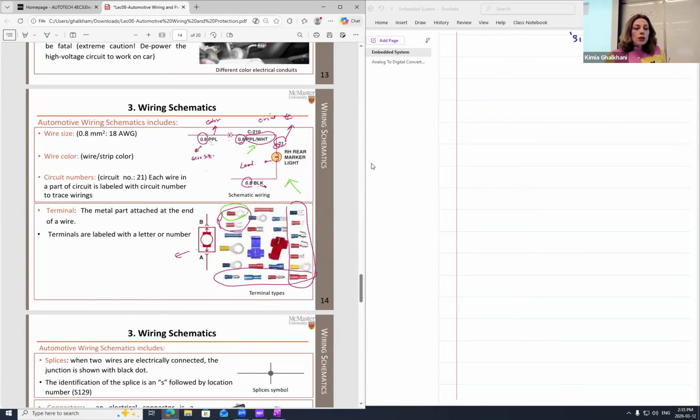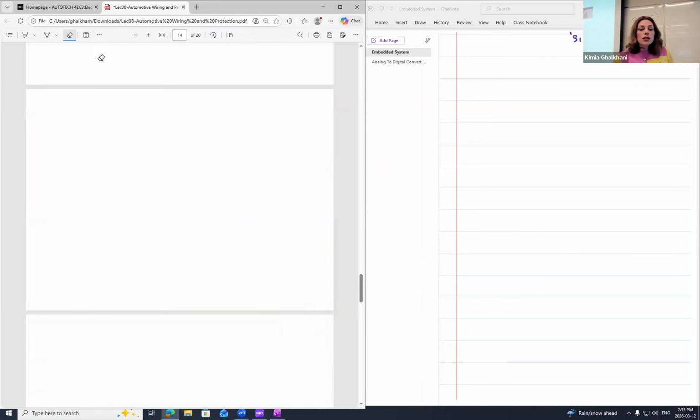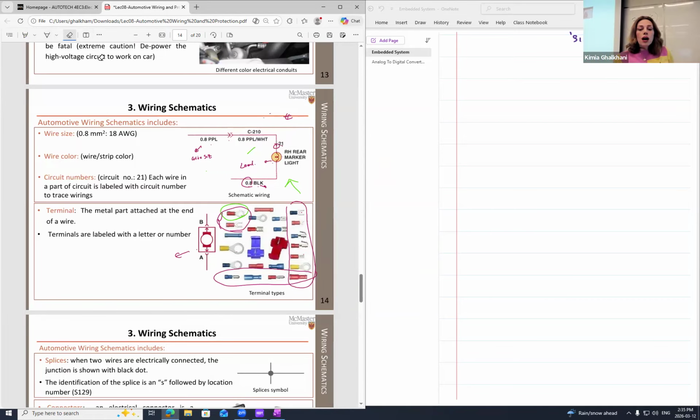Another factor which is super important is being able to read a wiring circuit, or let's say a wiring diagram, for any electrical application, more specifically for automotive applications. Quickly, I'm going to review the information in case you forgot about it. Let me just clean it up and do it one more time. As you can see right in here, there is lots of information in this example. Suppose this is the headlamp for your automotive. Look here, you have the thickness of the wire and the color.